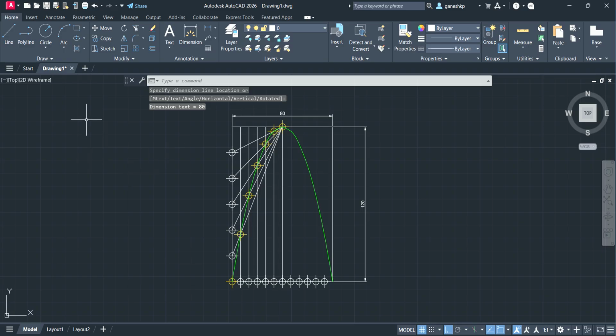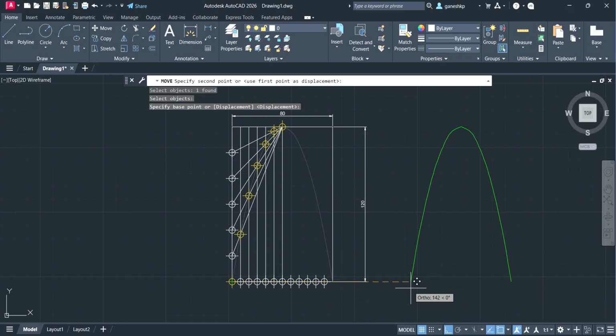Okay, suppose I will explain how the move and copy commands work. Okay, so I'm going to move this. I want this line separately, means you can just use the move command. Select this line and give enter, it asks for the start point or base point. So you can use the move command to move your diagram. Okay, so suppose if you use the move command, you can get the original